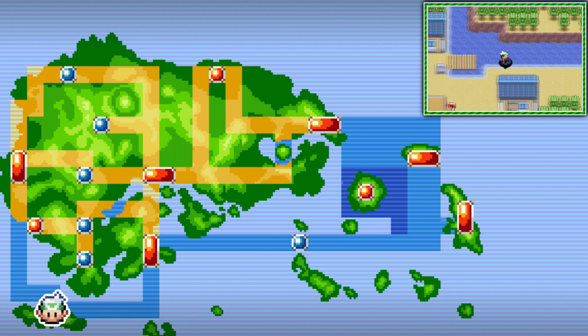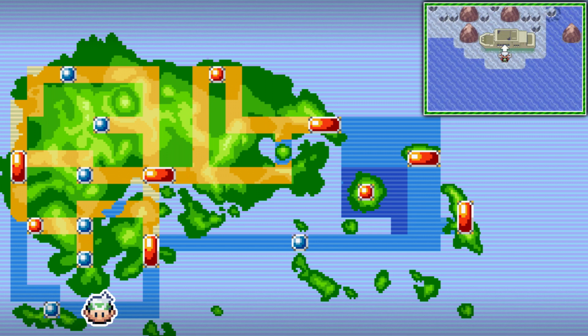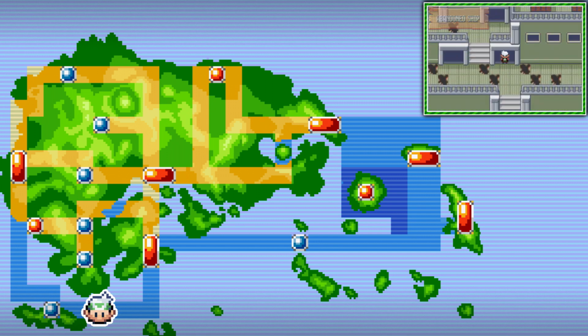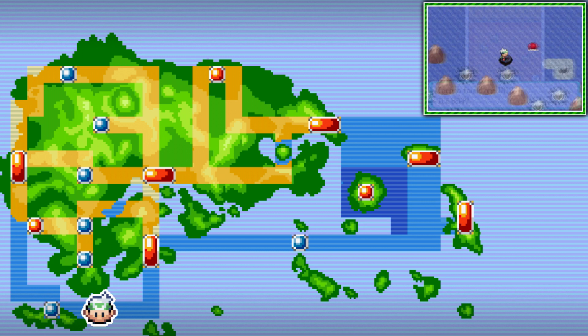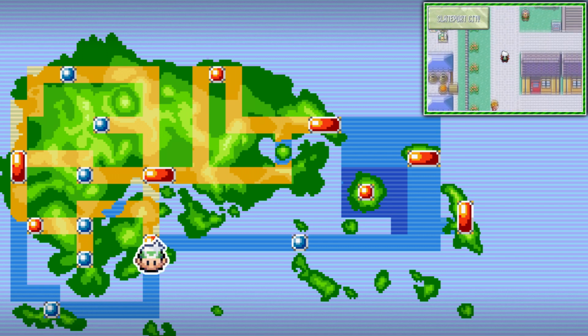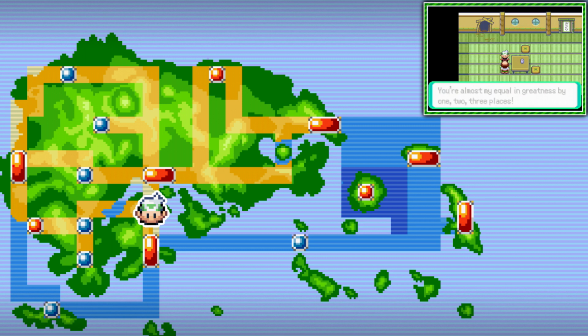Pass through Dewford into Route 108, and you'll find a place called the Abandoned Ship. This place is a ship that's abandoned. You can't fully explore it yet, but you can find another powerful TM for Ice Beam and a Rare Candy just outside. Pass through Slateport City and revisit the Trickmaster, whom you're kind of starting to worry about, and complete